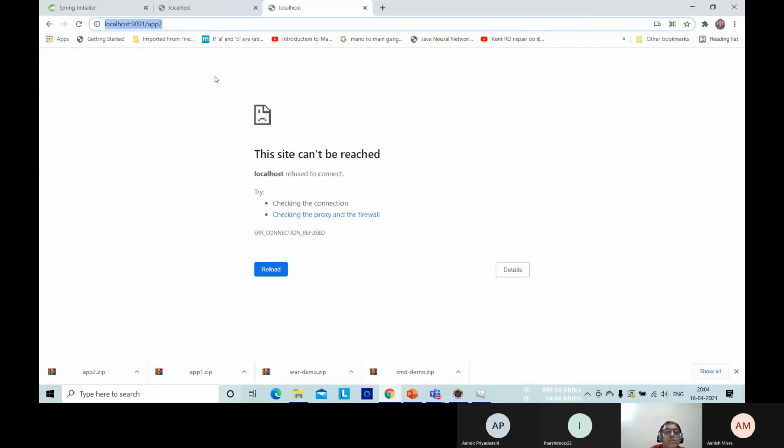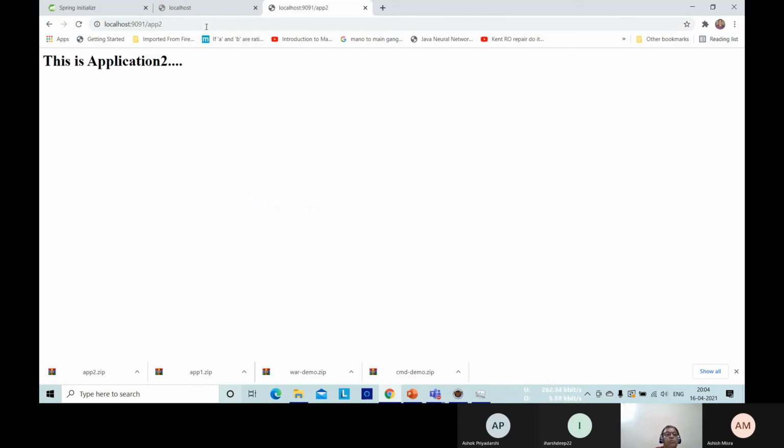Now you can check the website. This is app 1. Let me refresh app 1. We have not started app 1, so it will not show you anything, but I have started app 2. So app 2 is giving a response. My app 2 server is running first.